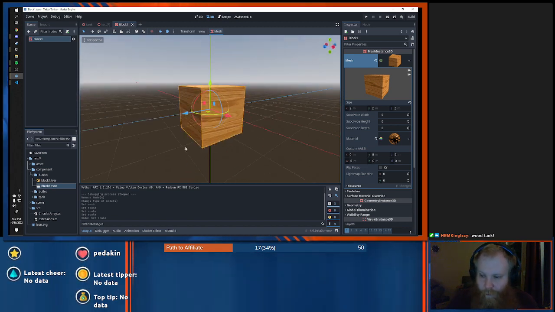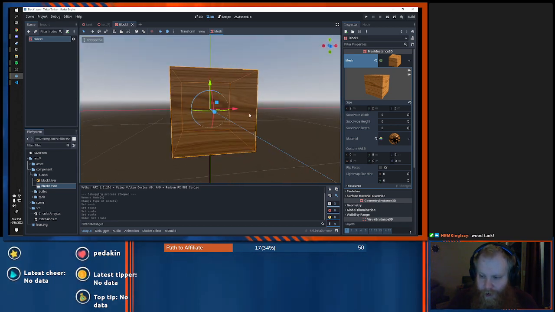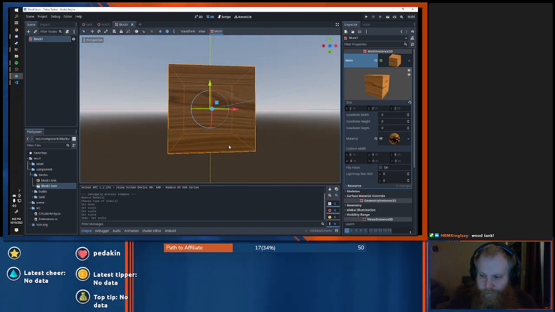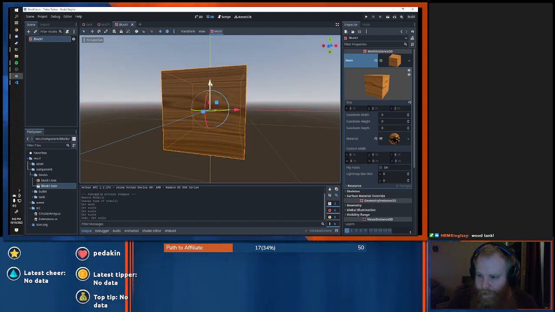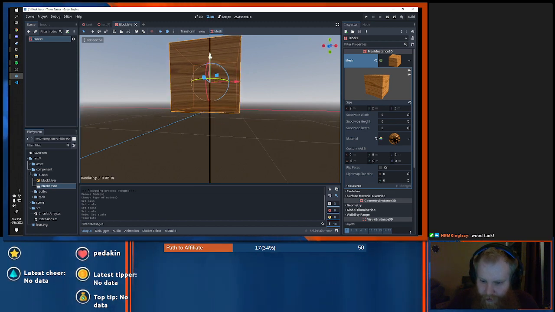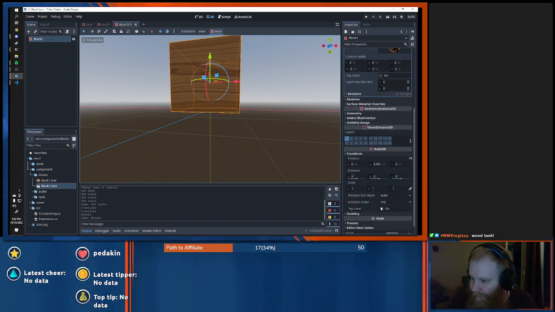Now, do I want the center of the object to be the middle of the block body or the base? I think I'm going to do the base. So we are going to move this up to 2 meters, right? Or is it just 1? It's just 1 because it's half its distance. Oop, didn't want to rotate it. So I'm going to change its transform, and we're going to put it at 1. Bam.